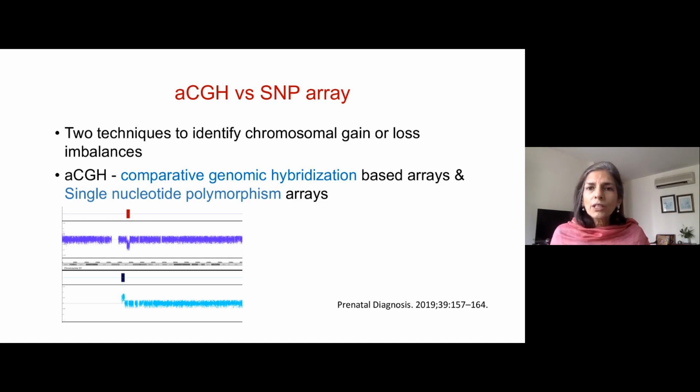Remember, the technology is comparative genome hybridization. I have two sets. I have normal, I have abnormal. I give them different colors so I'm able to identify what is lost and what is gained. That is the basic technology of comparative genomic hybridization. Each word is self explanatory. Now, the new ones: we've spotted this technology on a slide, and now on the slide, they are using various